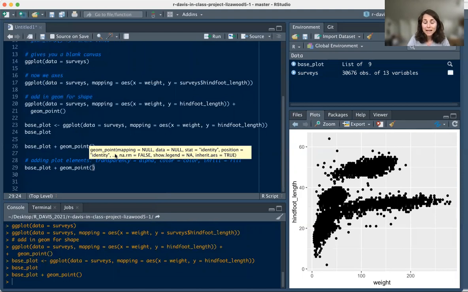But then inside geom_point, we want to say something about what we want these points to look like. And so in our first case, we can try with this alpha argument. So I can type alpha equals, and then alpha, because it represents transparency, will be a numeric value that you assign between 0 and 1. I can never remember which is which. I think that 1 is not transparent at all and 0 is very transparent. So if we do 0.2,